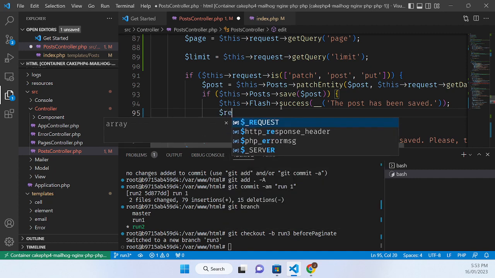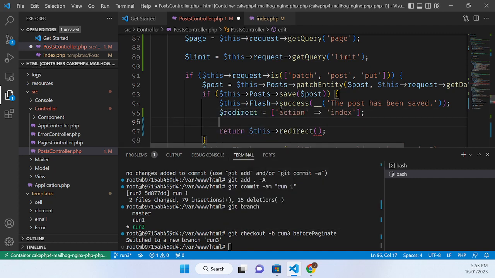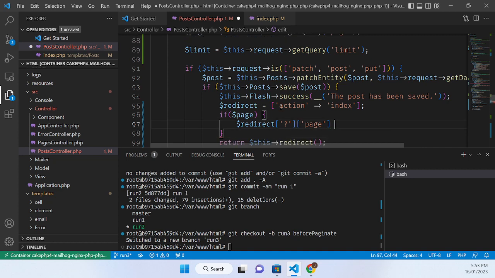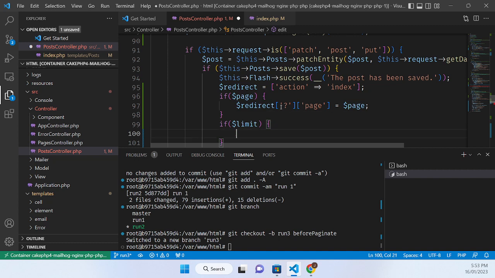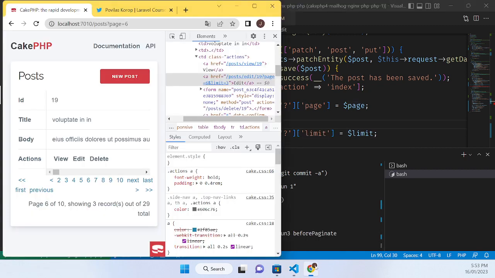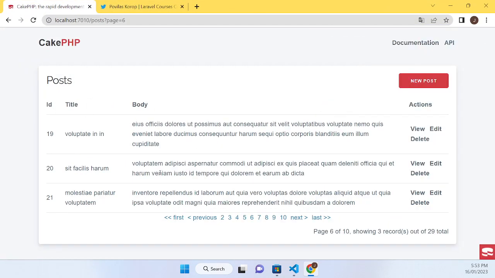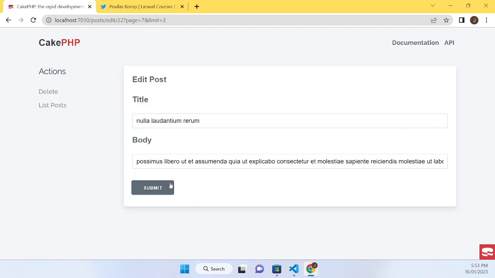we want to redirect by default to that, but if there's a page, we want to redirect with page value of page, and if there is a limit, we want to redirect to wherever there's a limit. So let's go here, and we're on, let's say page 6 again, or page 7. Let's go to page 7 and go edit, and then